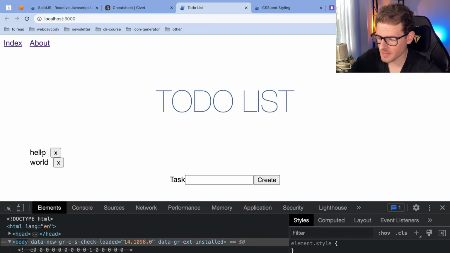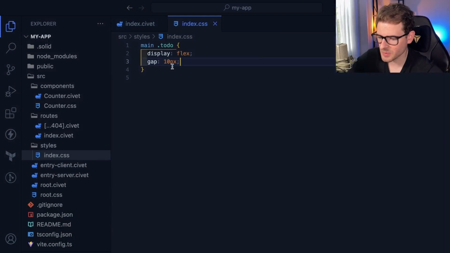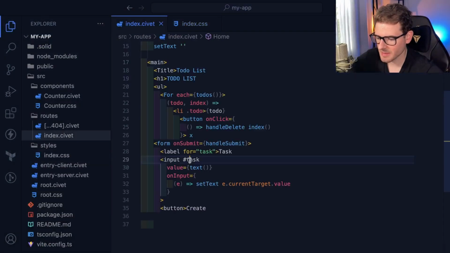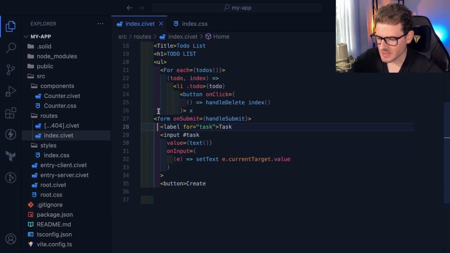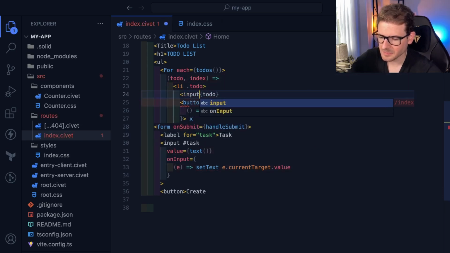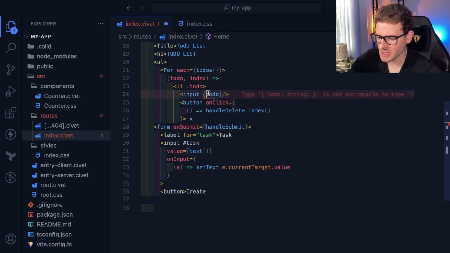Okay, we got some gap here. Obviously it's all the way to the left, so we should probably, if we can, say justify content is center. I guess we could potentially try to add the editability. So if these were actually inputs, instead of just displaying the to-do as text, we could potentially have this be an input